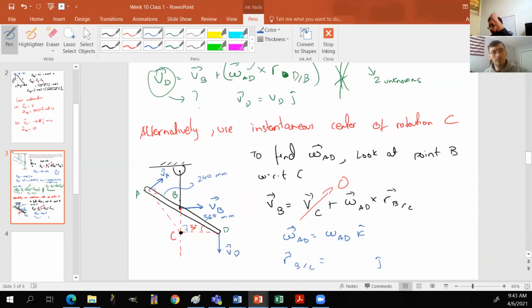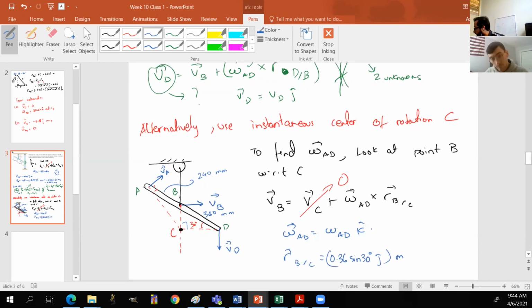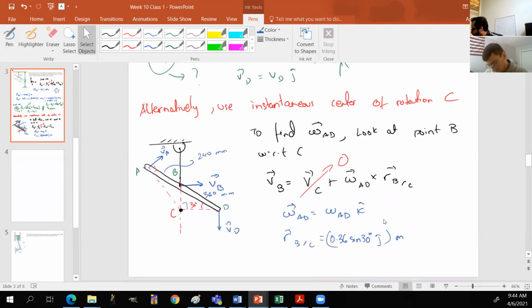Triangles. Sine of 30. Sine of 30 times what? 360, right? So it's going to be converted into meters though. So you get 0.36 sine of 30. And this is in meters, right? So I believe sine of 30 is 1/2, right? Yeah, it is. So this comes out to be equal to 0.18 j hat, like that. All right, so plugging everything into this expression,